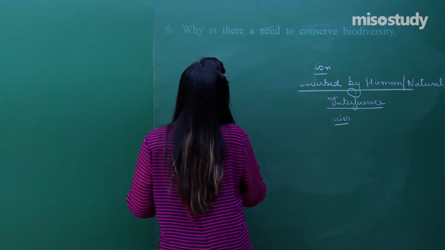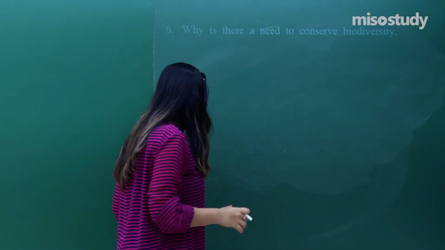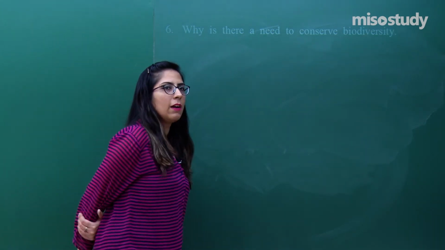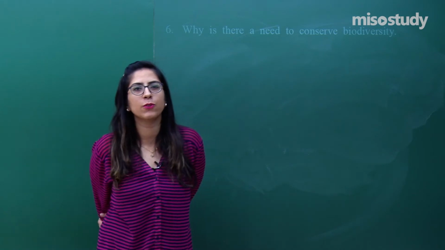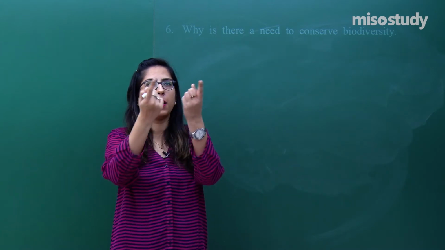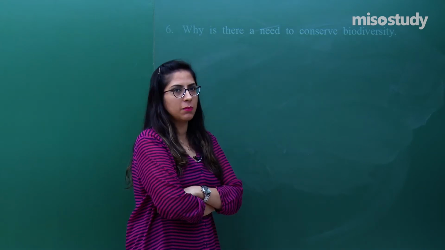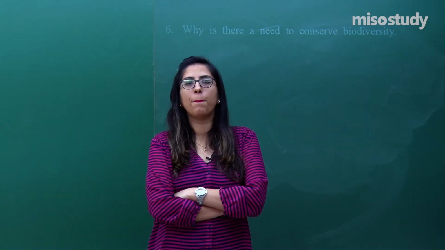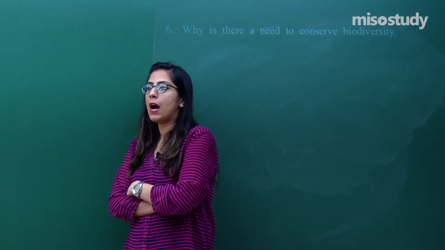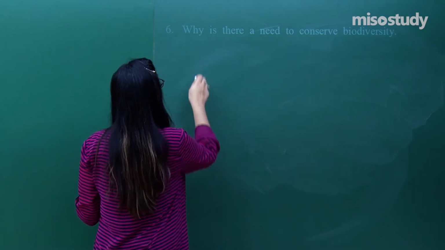The question says, why is there a need to conserve biodiversity? Very good question, very easy also, a very direct question. We have so many resources, and those resources come only from biodiversity. We are depending upon plants, animals, and the whole environment for various resources. When I was discussing the same in the sessions, we discussed the broadly utilitarian, the narrow utilitarian, and the ethical issues associated with it. So, in this you have to explain about